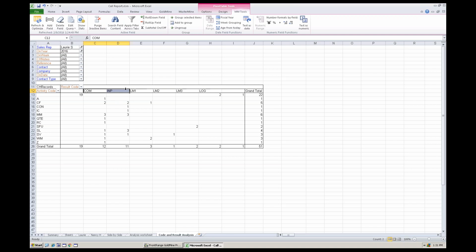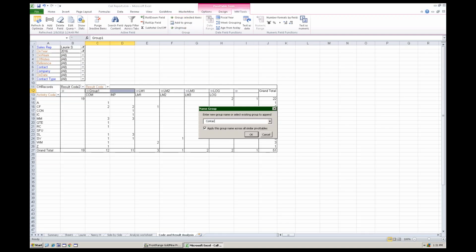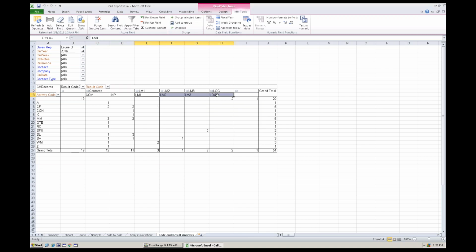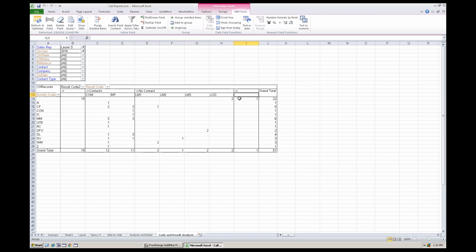And here within the report, again, on the fly, I can say, these count as real contacts versus these other kinds of completion codes that indicate, well, all we did was leave a message. There was no real contact there, so I'll group those as well. No contact. Now again, we've got some other ones where the user failed to enter in a result code, so we could drill down and find out, well, who's the user that failed to fill these in,